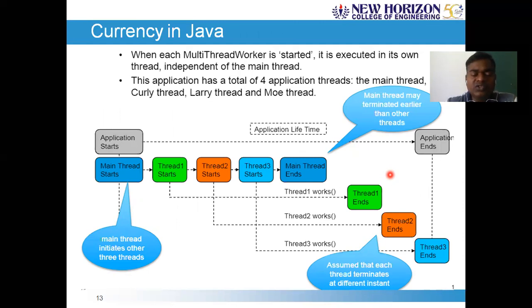One thing is very, very important with respect to multitasking, multi-threading or multiprocessing: at any given point of time, say for example 2 p.m., 0 minutes, 0 seconds, at most only one thread can take control of the CPU to complete its task. Maybe for the next fraction of a second, the other thread may take a chance. But at a given point of time, only one thread can execute.